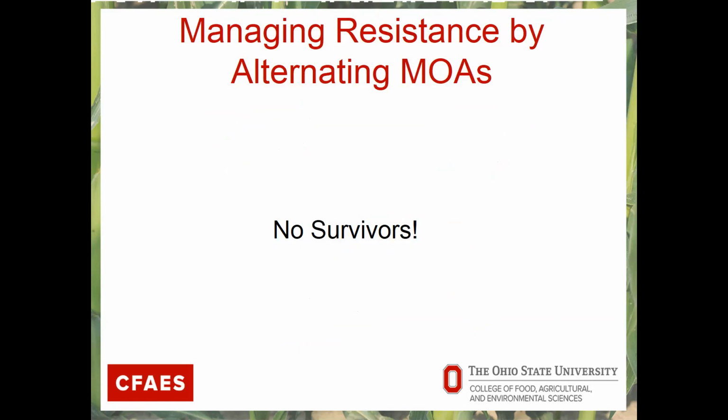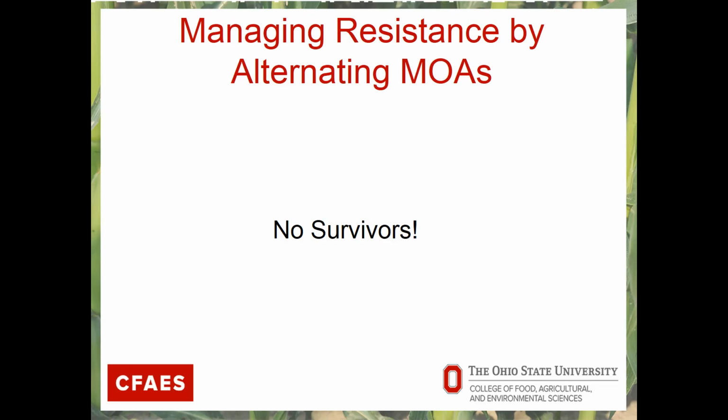Practically speaking, complete eradication may not be feasible, but when you're battling resistance, getting as close as possible to eliminating the pest is the goal. Leaving no survivors does not mean that we use pesticides excessively to nuke everything in the field. Rather, it means we use pesticides according to the label and as effectively as possible to prevent resistant populations from